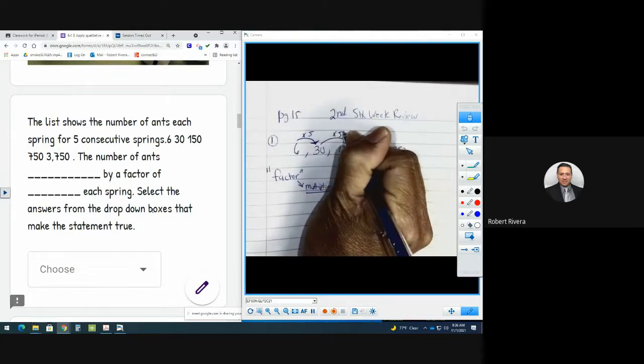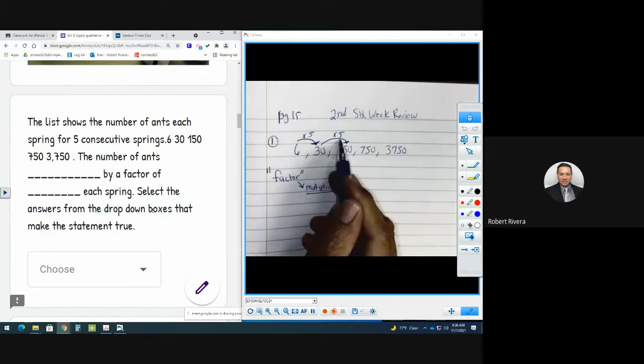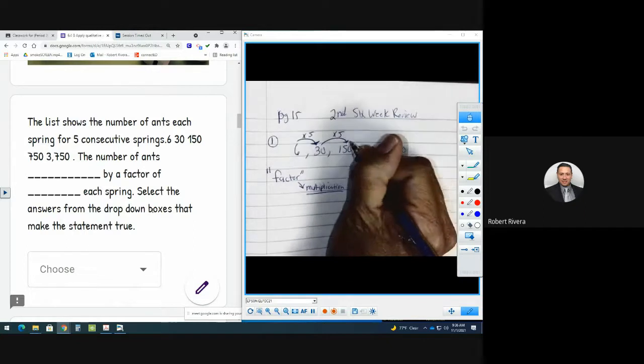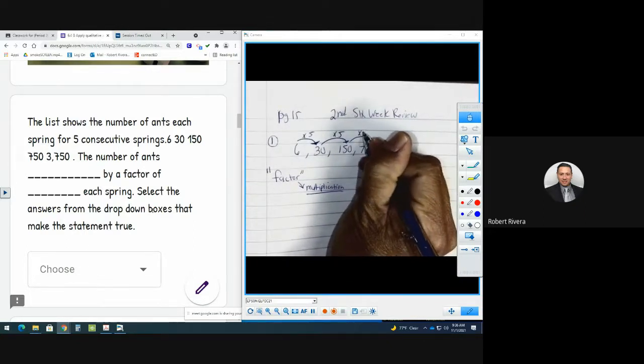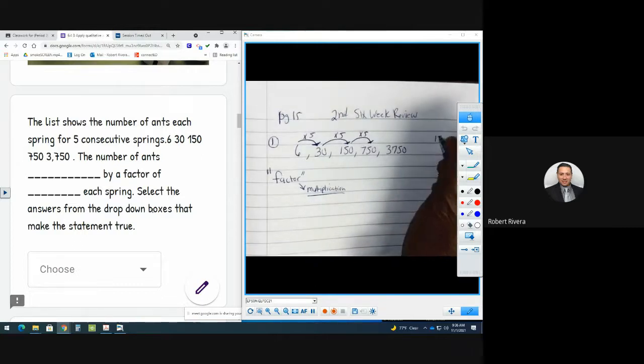is it still times 5? Yes or no? Yes. Yeah, 30 times 5 would be 150. So from here to here, it should still be times what? 5. So what I'm going to do, I'm going to go to the side because those are bigger numbers, and